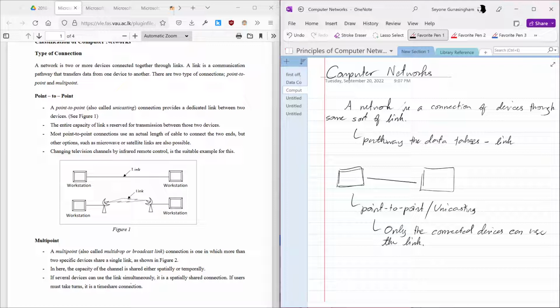So the other features that this guy has mentioned, right? The entire capacity is reserved for transmission, for most of the time, and the actual length of time, right? Most of the other features mentioned are derived from the fact that it is a dedicated cable, so all of the bandwidth can be used only by those two devices. There's no traffic in the network, right? Since either one person is sending or one person is receiving. Maybe if both devices send at the same time, there could be a collision, but there's no mass